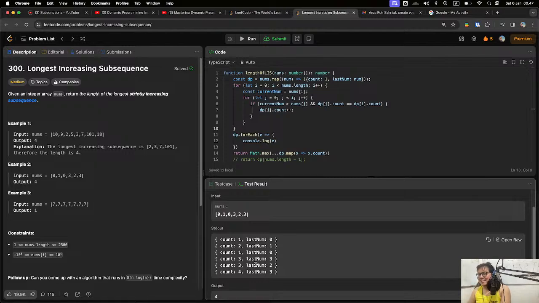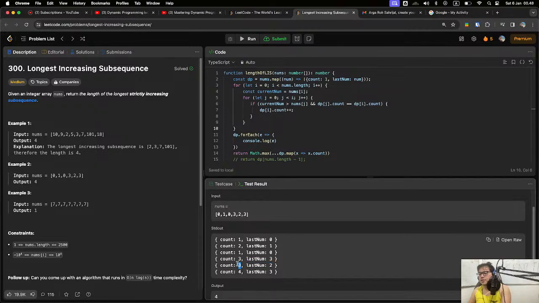When we go to the last number, which is 3, it checks the DP, the longest subsequence in the previous indices, and it found that the element just before the last element, which is 2, has a count of the longest increasing subsequence that is already 3.